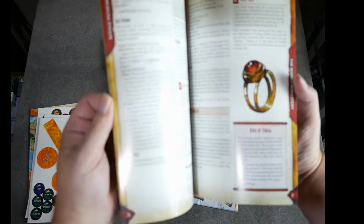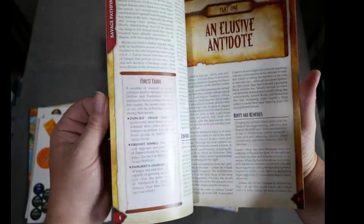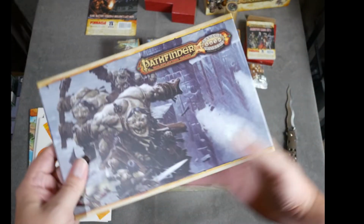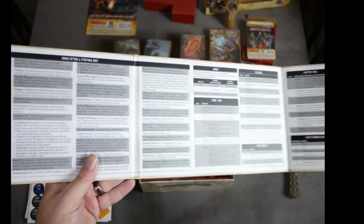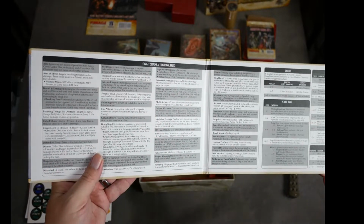So this looks like the adventure. Yes. So here's the module, Hollow's Last Hope, which was one of the earlier Pathfinder adventures. And this is the GM screen. It's your classic tri-panel, but it's in their kind of interesting smaller format. And it's got